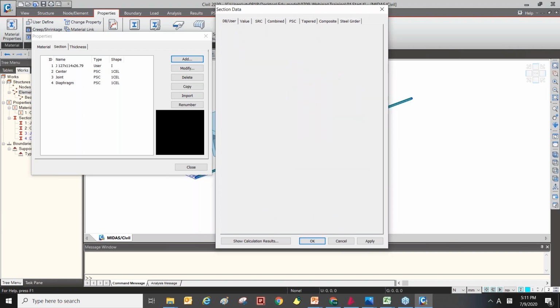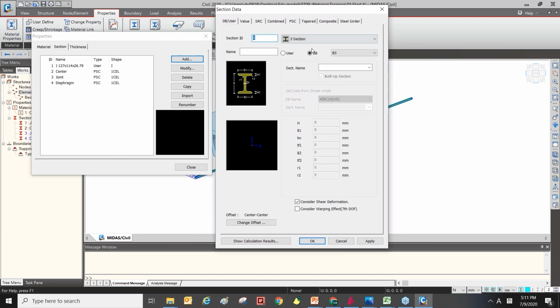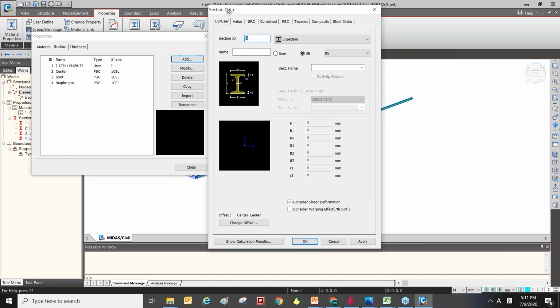In all the tabs, you can find the Consider Shear Deformation option, the Consider Warping Effect option, and the Change Offset option. This is common to all section properties. The first one is Consider Shear Deformation. It is to select the element model type between the Euler beam or the Timoshenko beam.